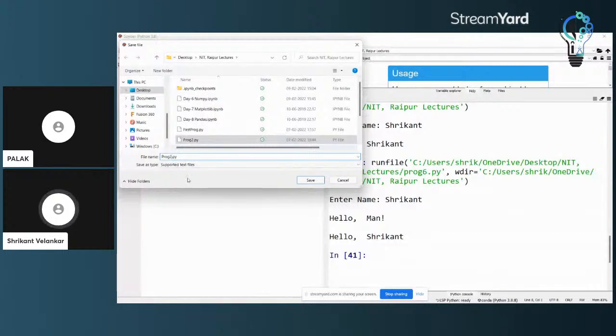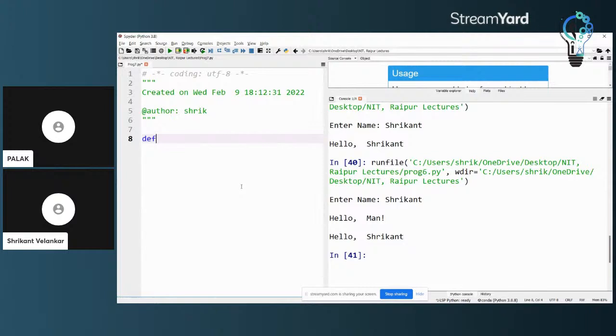Okay, so let's save this as program 7. Now what we are going to do is write a function called animals, and I'm going to write A, comma, B, comma, C, and of course a colon for the indented block, and I will assign parameters.